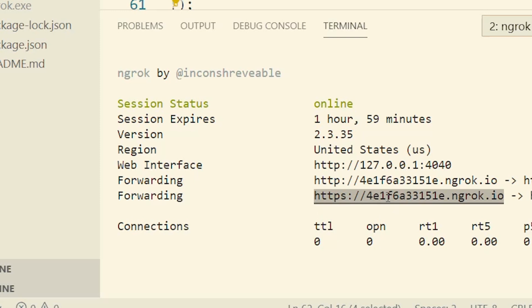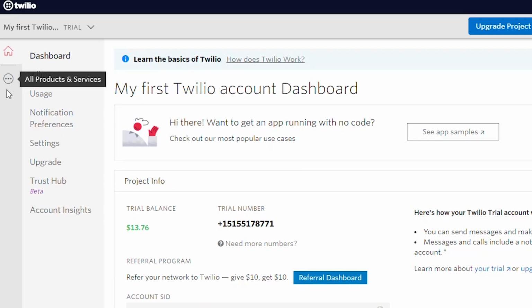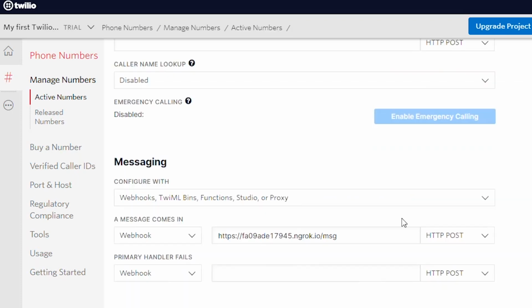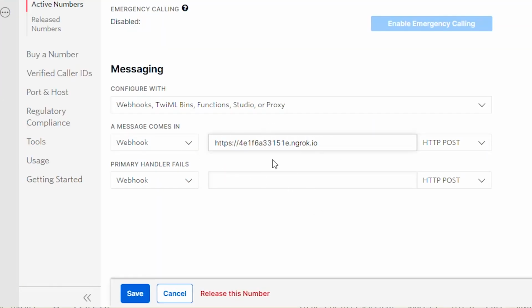We will use https. I'll copy this link. Go to your Twilio account and then All Products and Services. Choose Phone Numbers. Click on your number. At the end of the page, under messaging, I'll put my ngrok link and then /message. Save webhook.